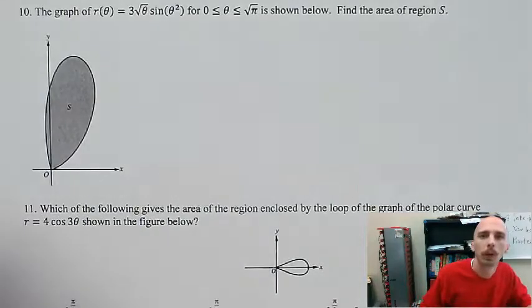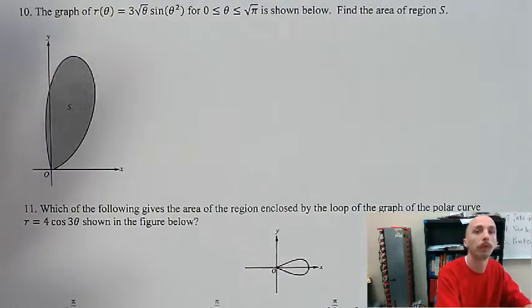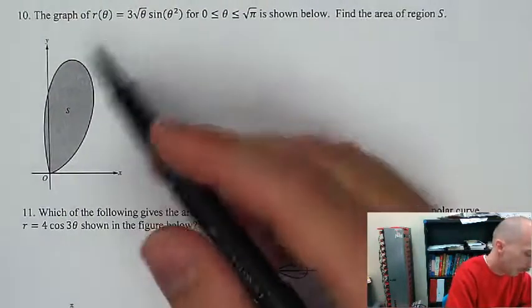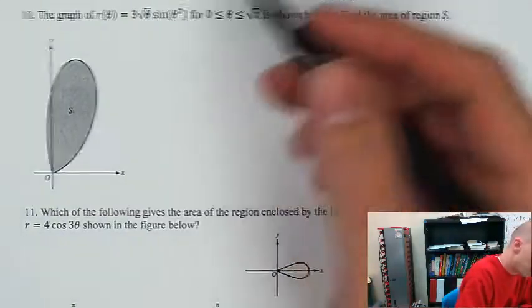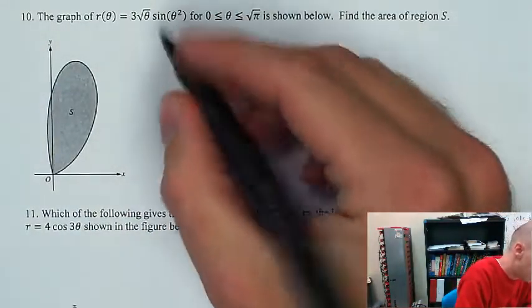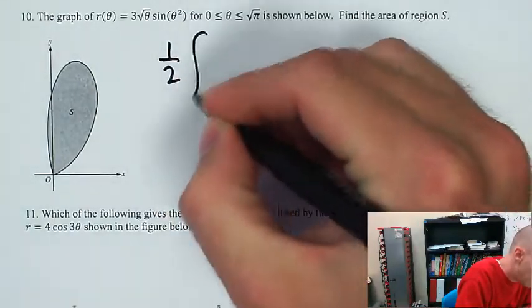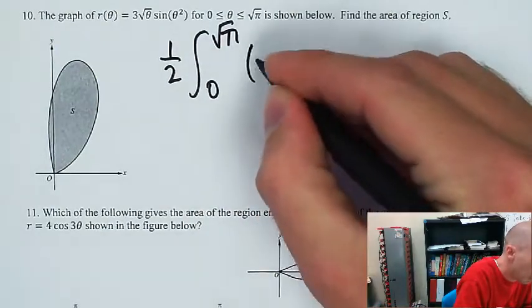All right, in this video, we're going to keep practicing our polar areas, and I'm going to finish BC Homework 10.4. Okay, so the graph of r of theta is shown below, bounds given, find the area. This one is just very direct: do we know the formula? It's going to be 1/2 of the integral from 0 to the square root of pi of r squared